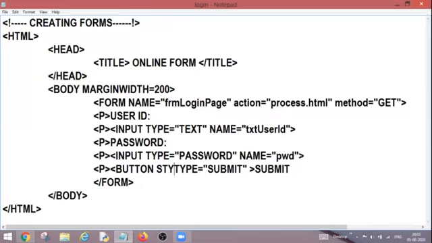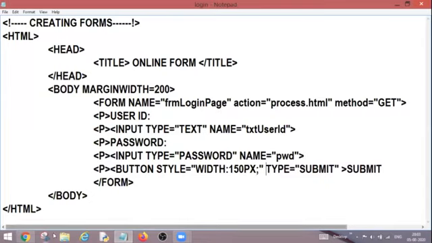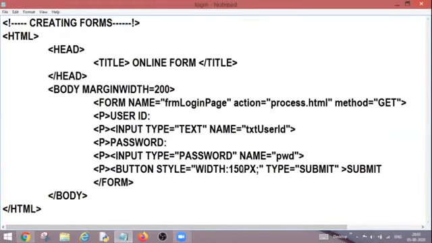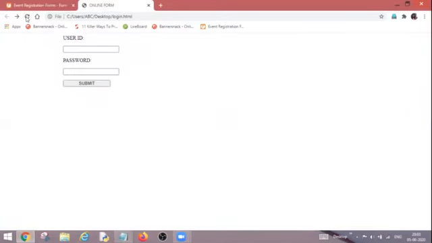So I'm going to write style is equal to width as 150 pixels, this, right? Now Control plus S and go back and refresh it. Now the size of my submit button is increased. I can change it to 200 also so that it will look similar to that. 200, Control S, go back again and refresh it.